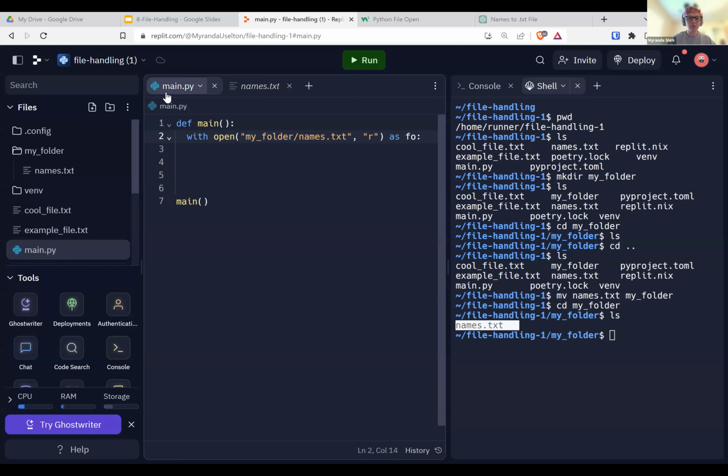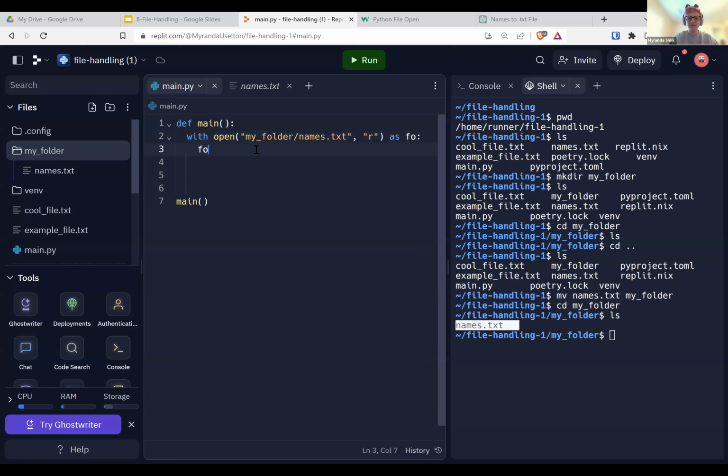It's relative to where main.py is. To get from main.py to names.txt, you have to first go into my folder and then open names.txt. So we're just telling it directions, kind of like if you're telling someone how to get to a grocery store, you say start at this place and then go this way and then turn left and then you're there. So it's kind of like that, but with files.